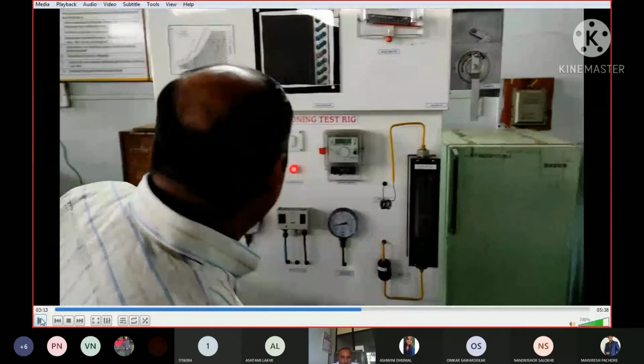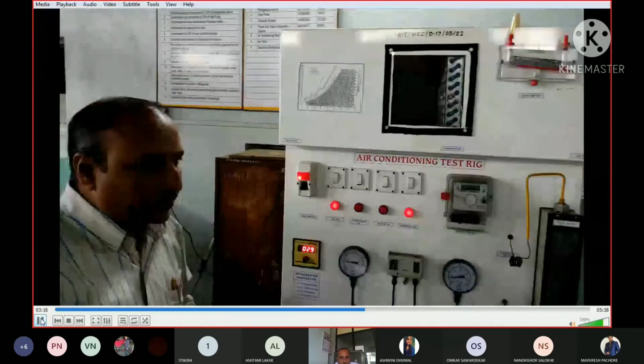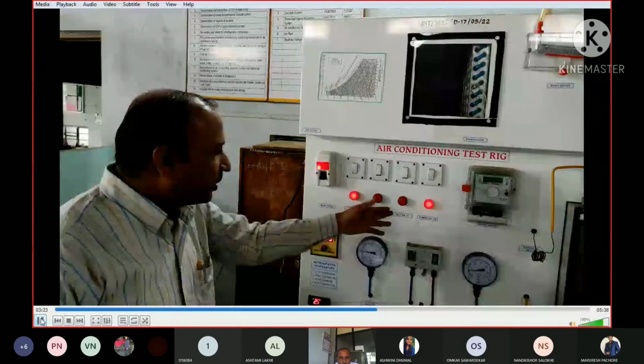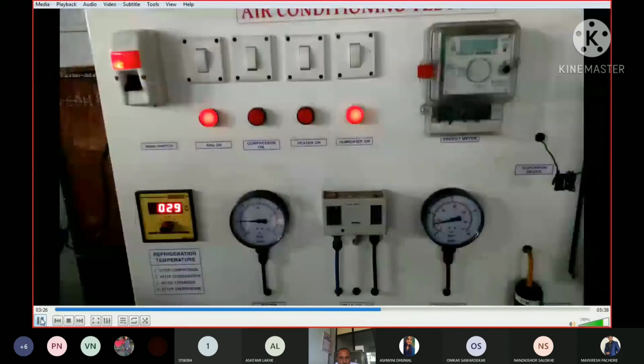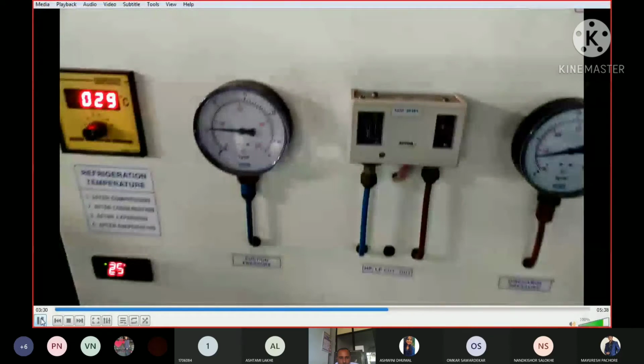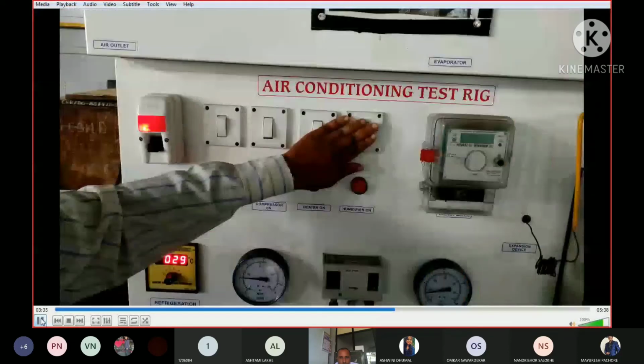We can also use a psychrometer at the exit to measure the wet bulb and dry bulb temperature. For heating also, we have to measure the dry bulb temperature and wet bulb temperature at inlet and exit. Similarly, for the humidifier, or heating and humidification, we have to perform this process. So this is the process of heating and humidification.